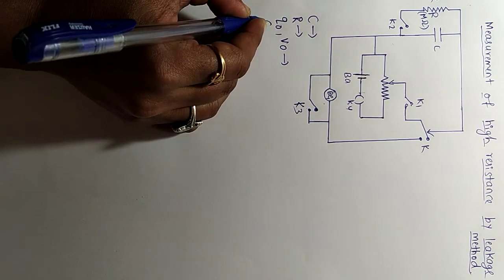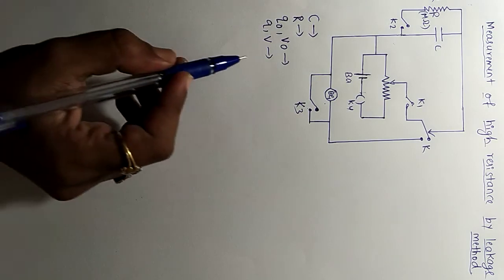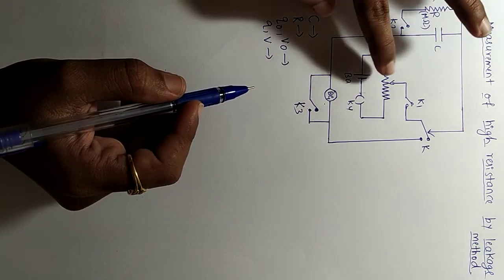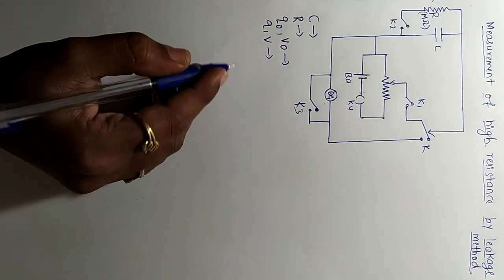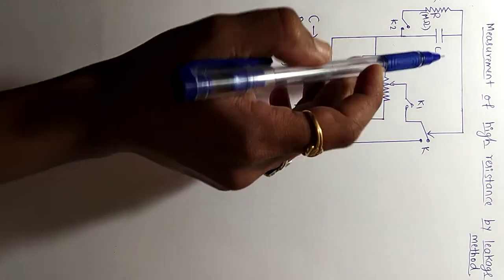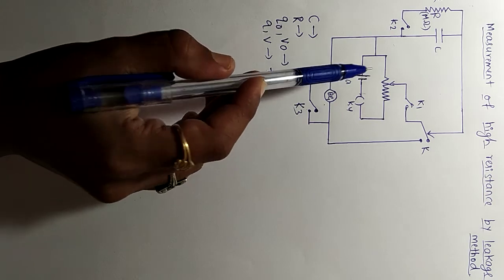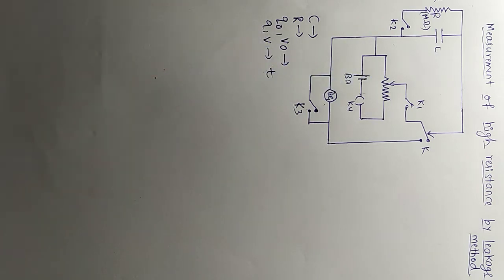Now I'll take Q and V. So Q and V are nothing but the number of charges and the voltage from the battery at a time of t seconds. At one time I'll measure. So at a certain time, the number of charges is Q. At time t seconds, the voltage supplied by the battery I'll note down as V. Okay, so now we will start the experiment.